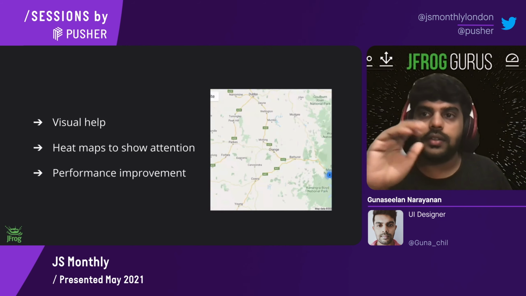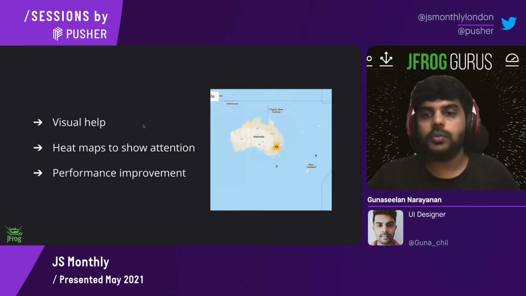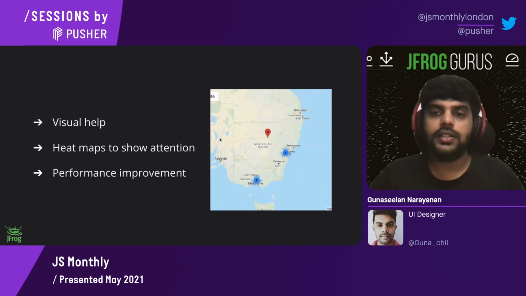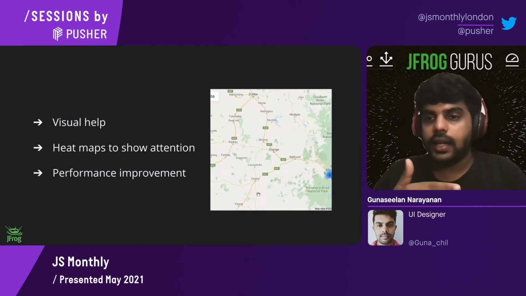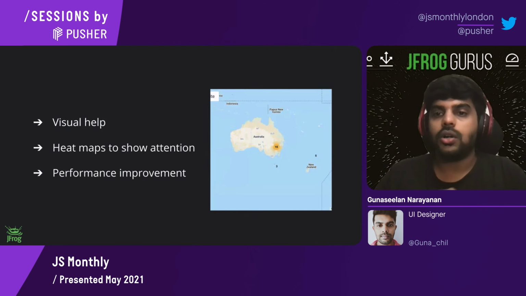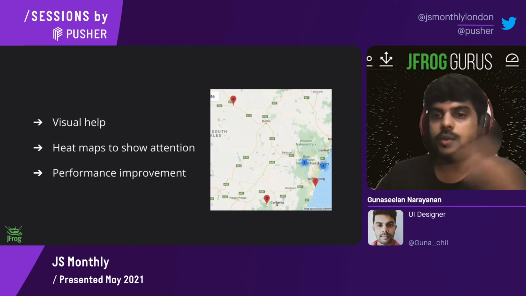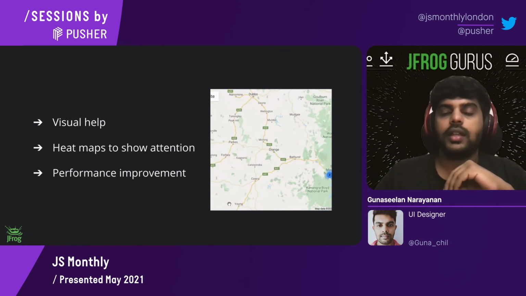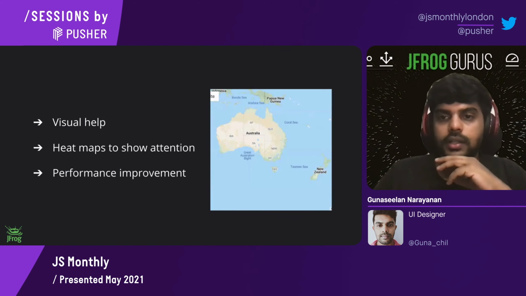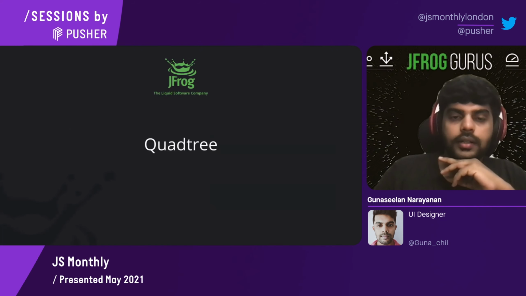So that is one thing you have to consider when you are doing clustering, right? This clustering should be based on the zoom level. As you see in this image, when you're zooming in, it has to calculate again and group the markers accordingly. When it was zoomed out, it was showing 15, but when we zoom in, it was going to its own location, right? So that is one important thing to consider, right? So yeah, let's move on to Quadtree.